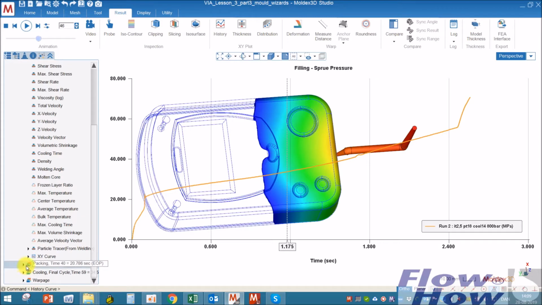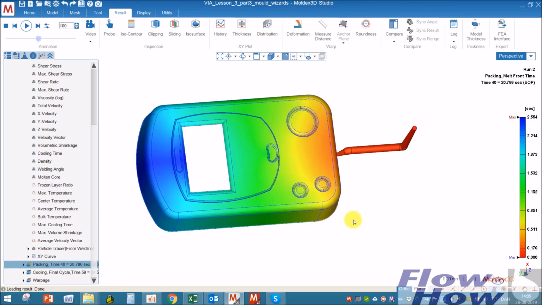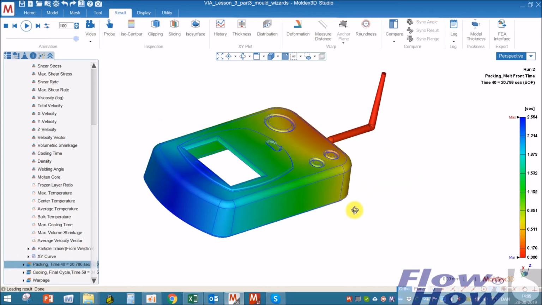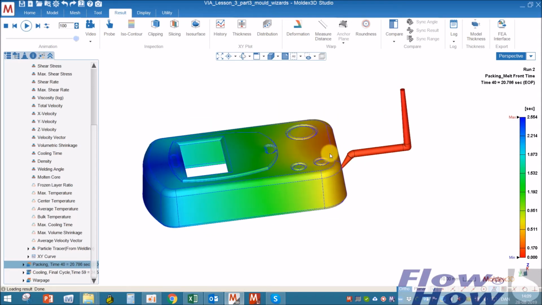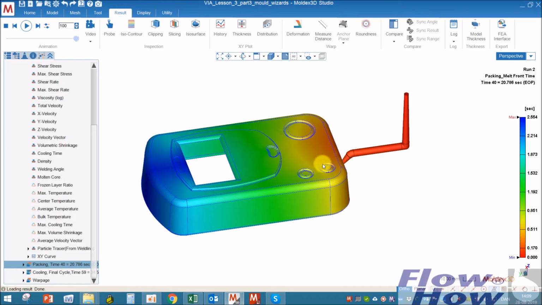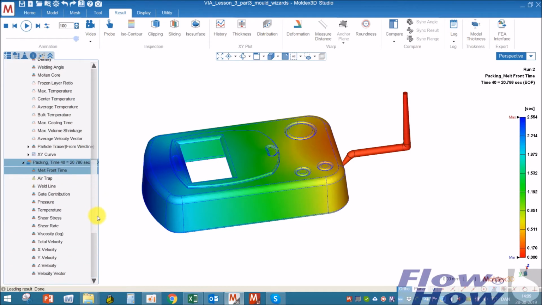The next thing I'll dig into is the packing. What I'm interested in is that I don't have any things that I cannot pack. So what I'm looking at first is the molten core, and the molten core is